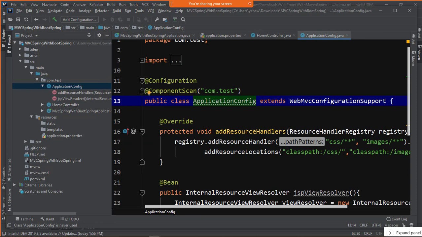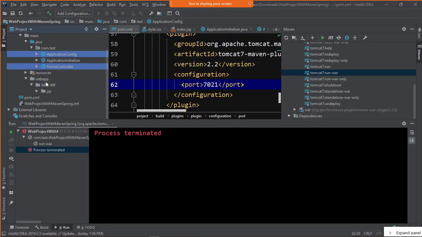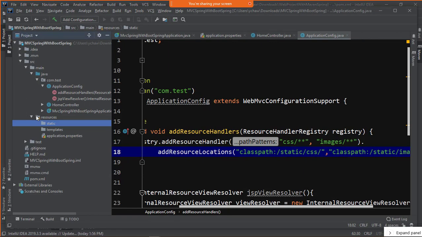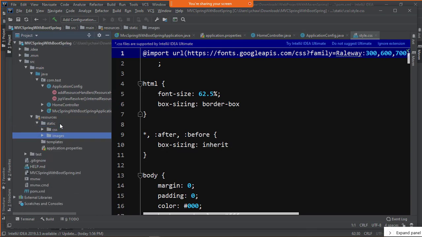Application config, we remember that it will look for com.test. Now static is there. One change that I need to mention is that in the classpath, CSS and the images reside in the static folder. That one change I have to do, but I have not copied that yet. So in the resources, I copied with Control C, I came to my project, and I pasted both. Once I pasted, it shows me CSS and the images, both are there.